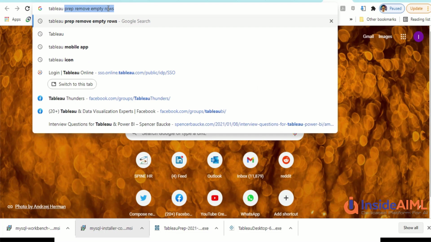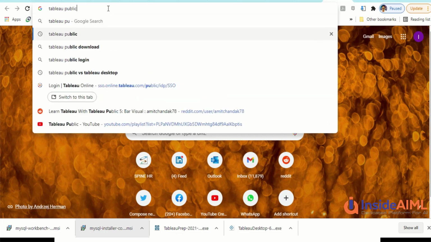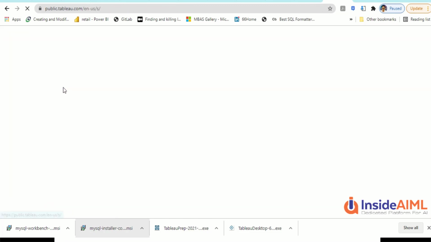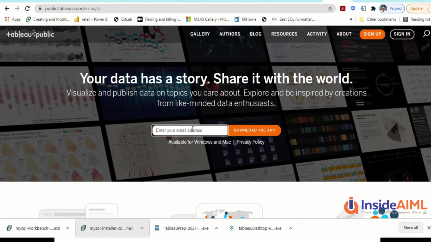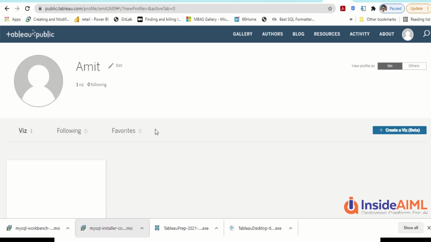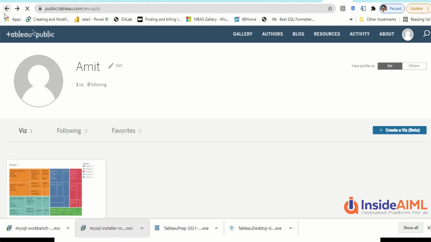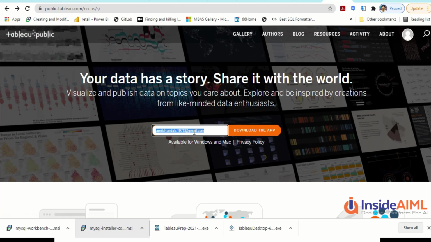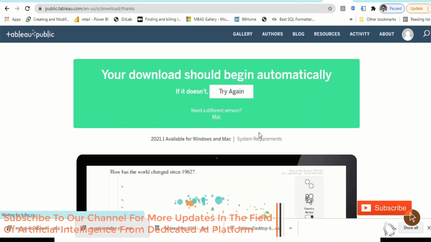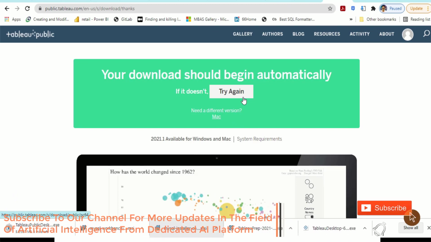The reason is that if you are unable to get a student license or you want to learn more, there would be certain limitations in Tableau Public, like saving, but you will be able to learn for a longer duration.